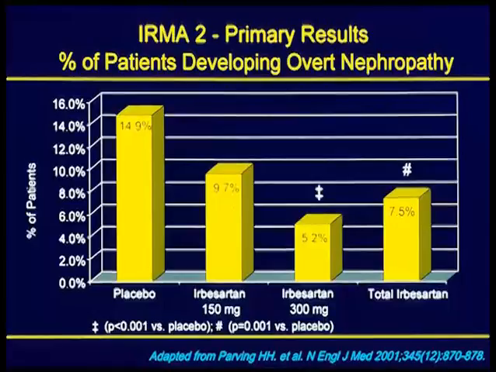This is a study called IRMA-2, which was done in patients who had diabetes and proteinuria using an angiotensin receptor blocker, irbesartan, which is not very popular in India. But you will notice here, when irbesartan was given at 300 milligram, there was a greater reduction in renal events compared to 150 milligram. So when you use a renoprotective drug, you must always try to use optimal dosage based upon studies like this, how a higher dosage appears to be more protective than a dose that is just enough to reduce the blood pressure.